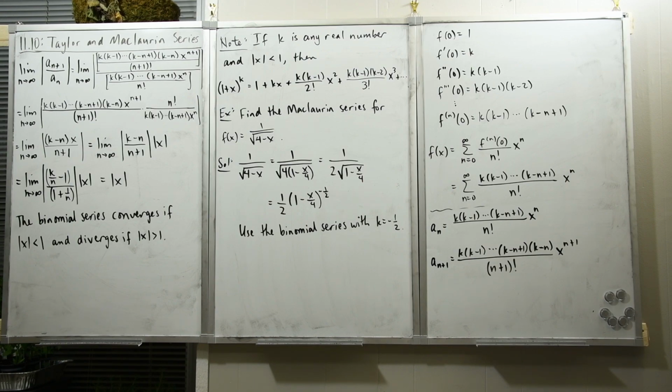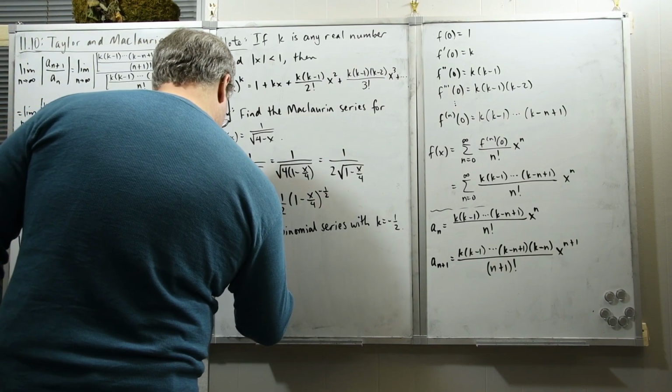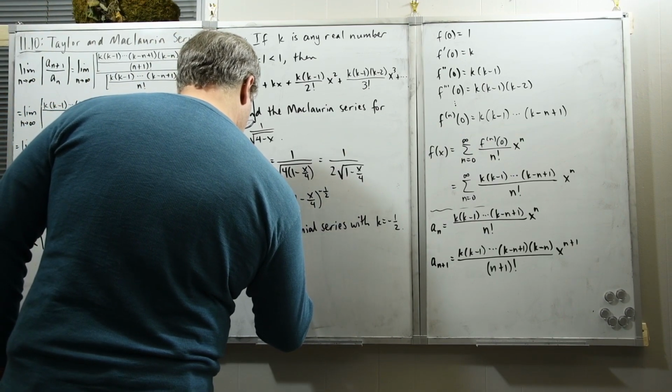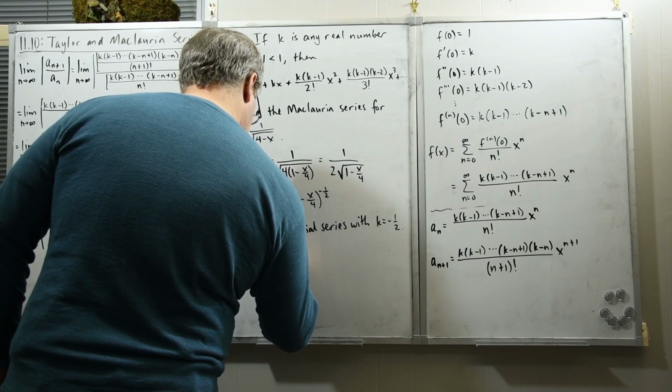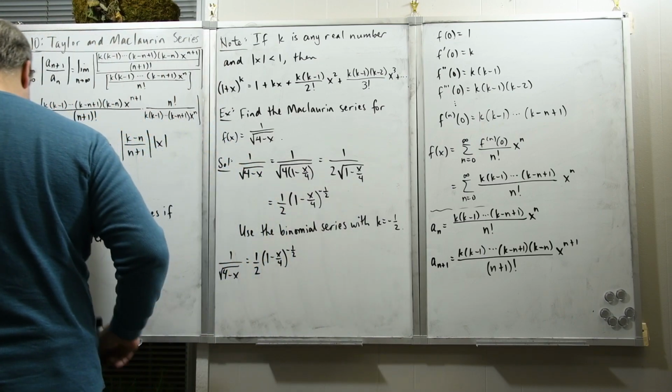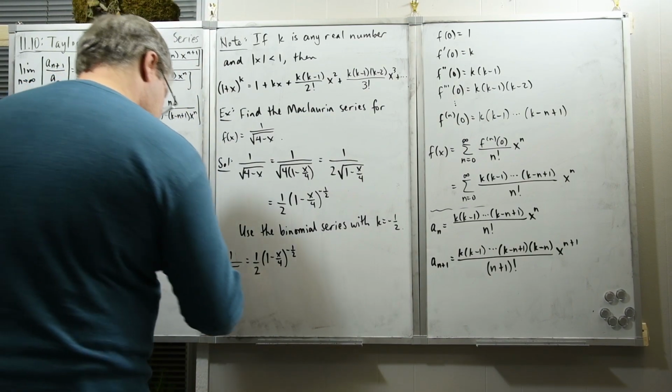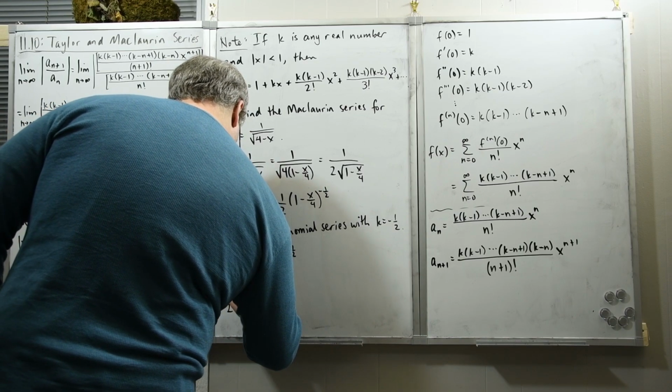And so let's take a look at what this 1 over the square root of 4 minus x would turn into. Okay, so we've got, once again, 1 over the square root of 4 minus x. Same thing as 1/2 times 1 minus x over 4 raised to the negative 1/2. But if you think about what that means, you're going to get a 1/2 times